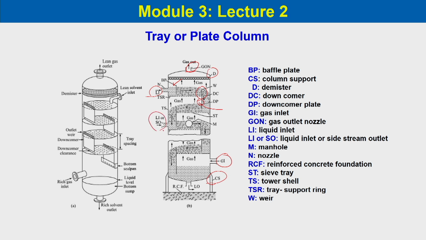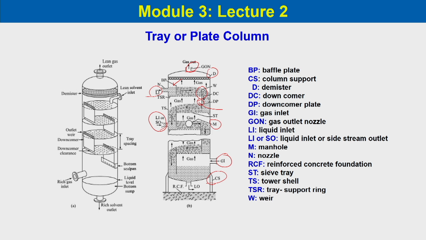So, which is over here. Then we have manholes. You can see over here manholes are written. So, through manholes when the cleanings are required, it is used. And then we have nozzles,